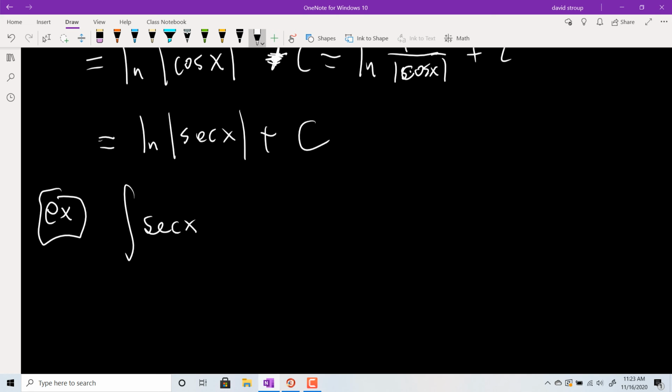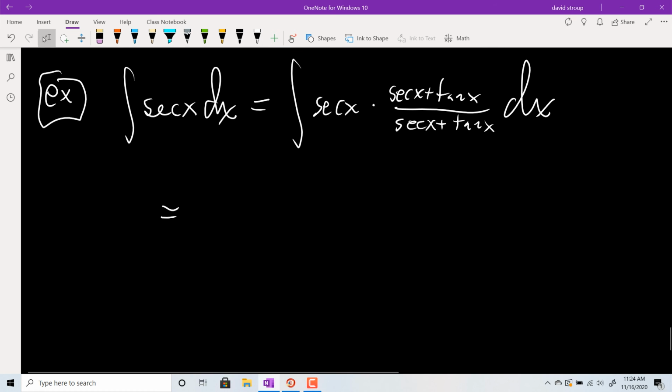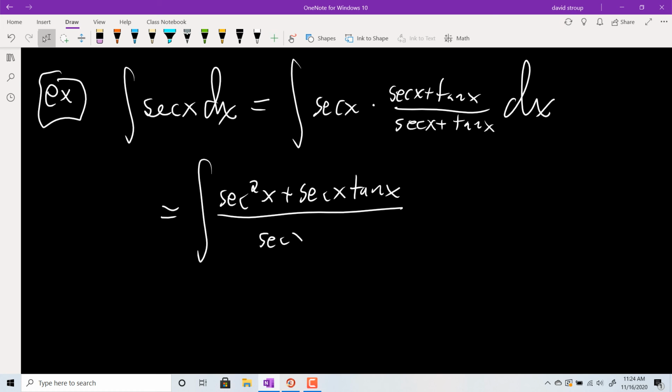Anyways, how am I going to pull this off? This one is not intuitive at all. You can't really use a quotient rule because you won't get a nice cancellation. So what you end up having to do is multiplying, in this case, by secant x plus tan x, top and bottom, dx. And then you'll end up having something you could do a u sub for. So you end up with secant squared x plus secant x tan x all over secant x plus tan x